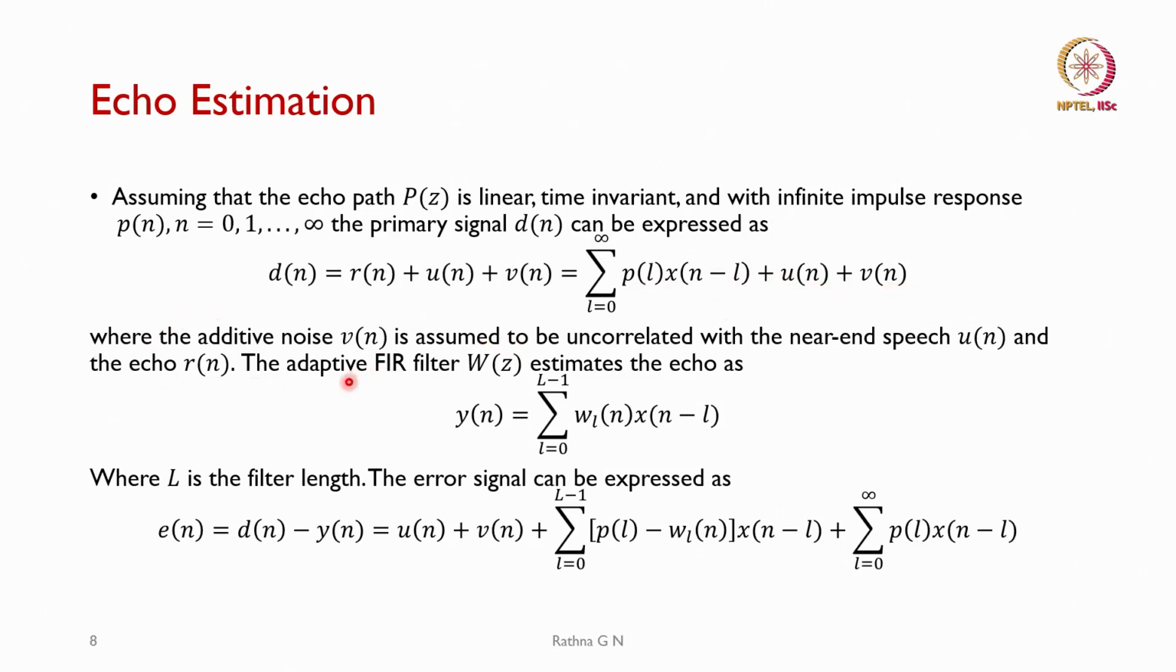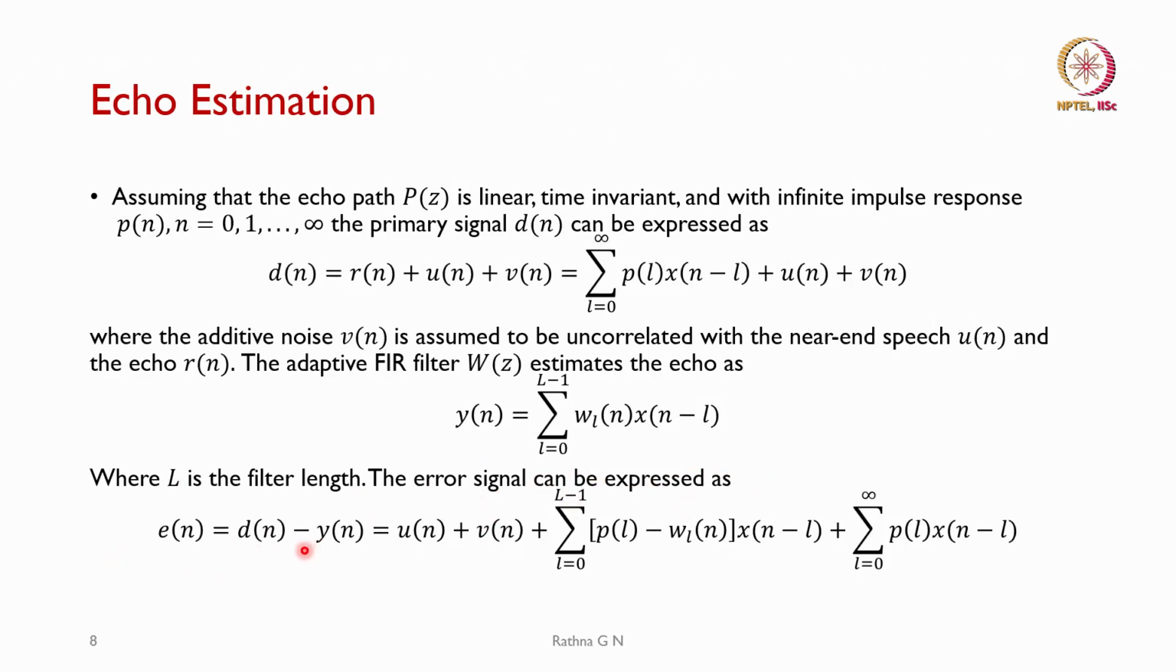So, the adaptive FIR filter W(z) is going to be estimated as the echo path. y(n) is given by the sum over l equal to 0 to L minus 1, where L is the length of the filter, w_l are the weights of the filter, and x(n minus l) is the input to the filter. And the error signal in this case can be expressed as